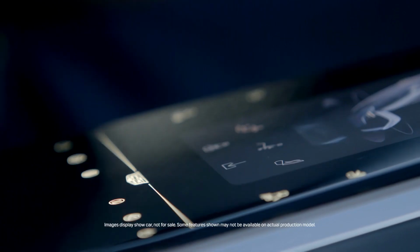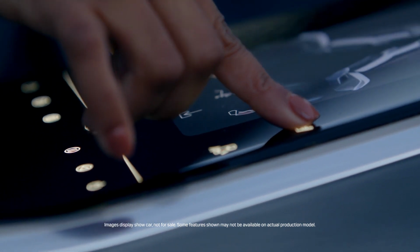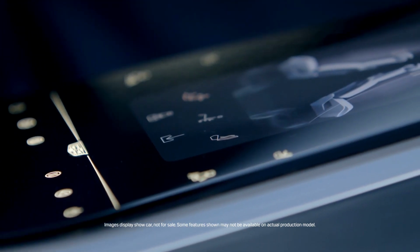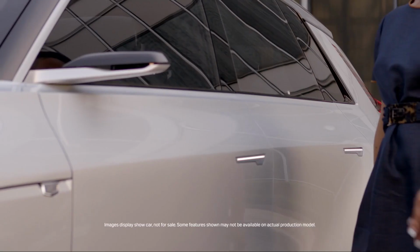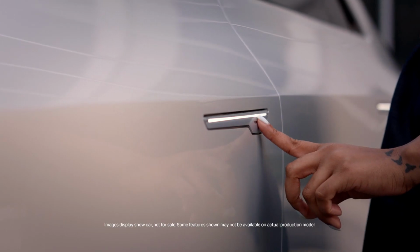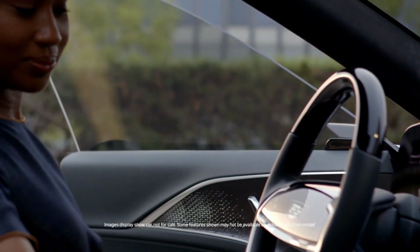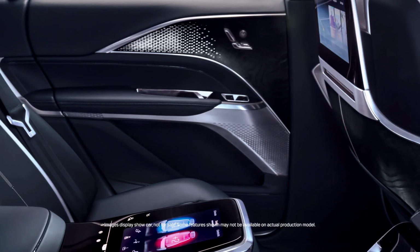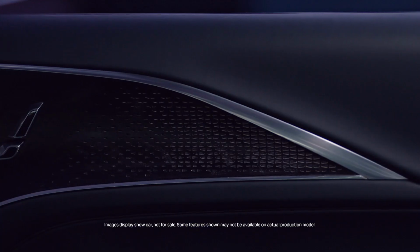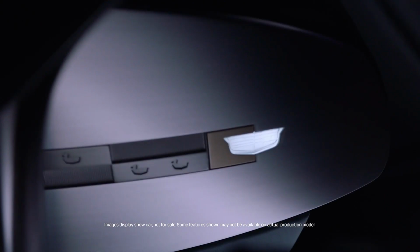The third read is that layer of discovery. It's those discoveries that help the customer fall in love over and over again. There's so many cool elements in this interior. When you open the door, we have this layered approach to the wood and metal. And when those parts are put together, it's illuminated from behind with a beautiful texture that's also echoed in the speakers below. If you look on the end of the IP, we've got merlettes in there that's kind of like